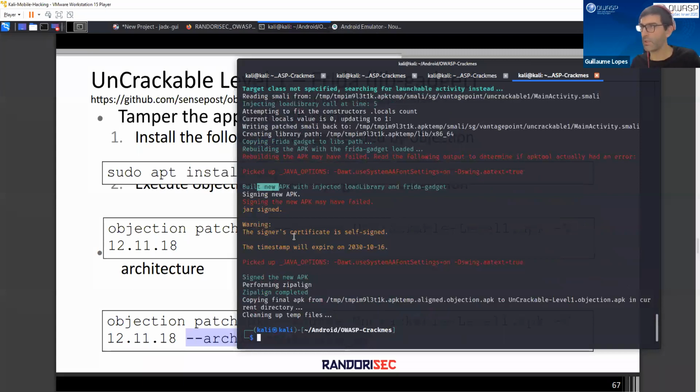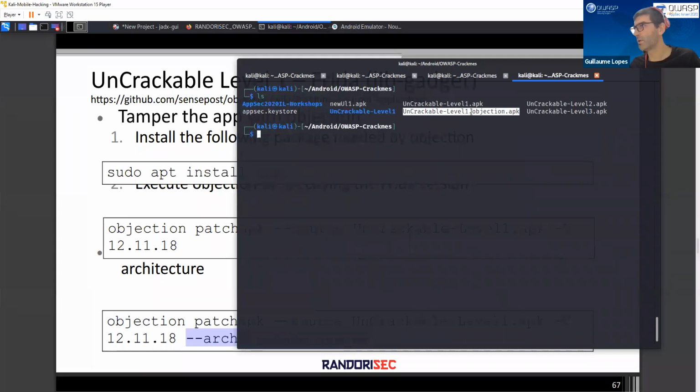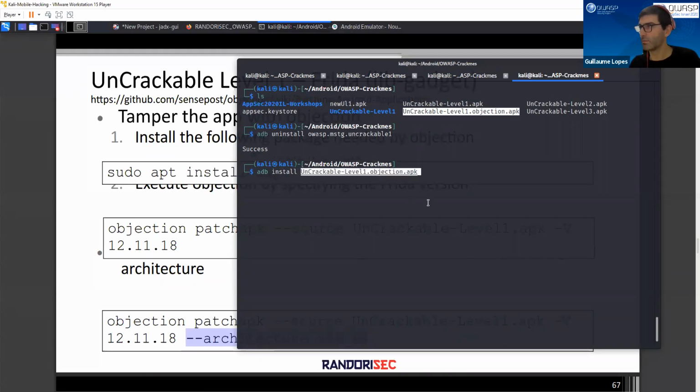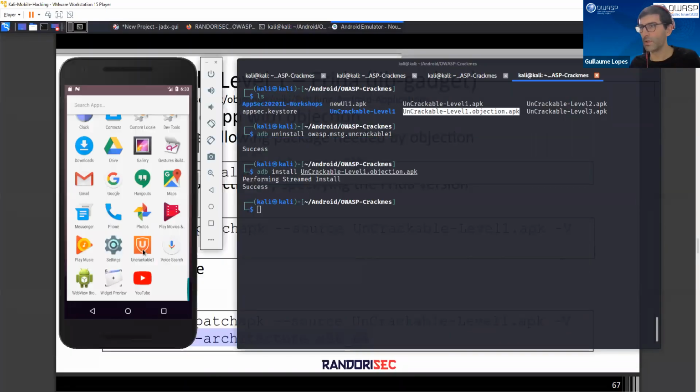So if you perform an ls, you see a new file, uncrackable-level1.objection.apk. This is the APK created by objection. Just to show you that it's working, I can install this one, the objection one. Let's go back to the emulator. If I launch it,